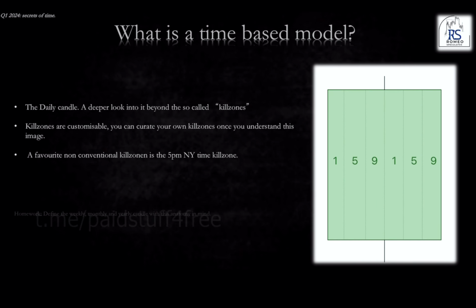This is a look at the daily candle beyond the so-called kill zones. The daily candle has 6 four-hour candles, hence the importance of the numbers 159, 159. And this is something I've hinted at before and I've spoken about in the previous private group, which was level 2,